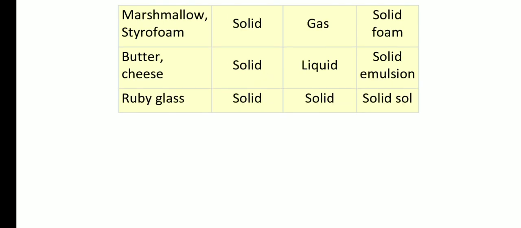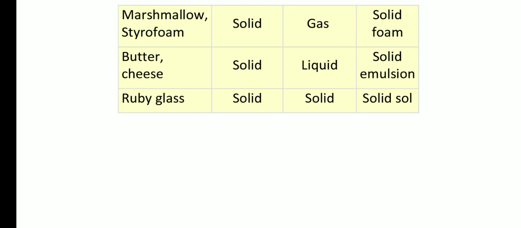Next one is butter, cheese. Here dispersing medium is solid, dispersed substance is liquid and colloid type is solid emulsion. The last one is ruby glass, having dispersing medium as solid, dispersed substance as solid and the colloid type is